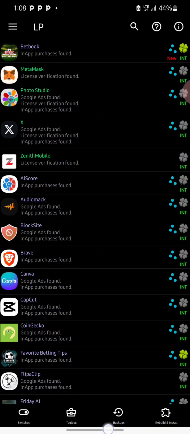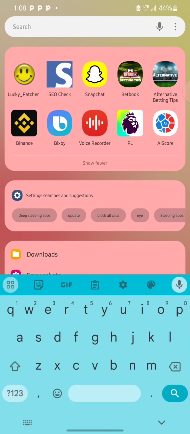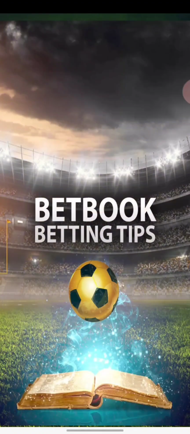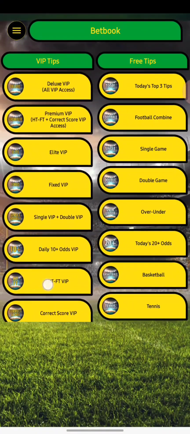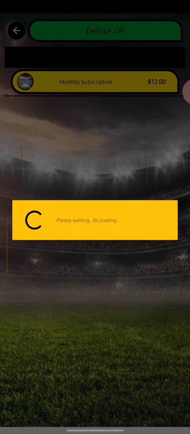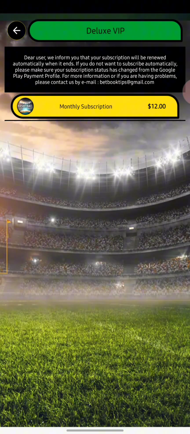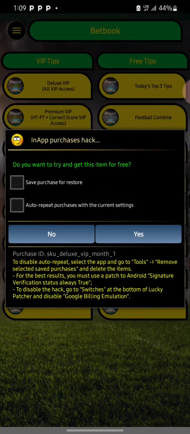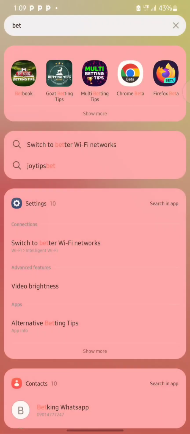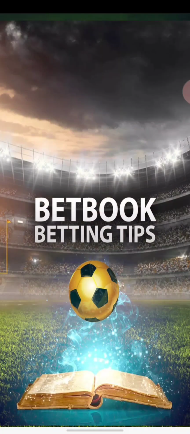So now click OK, then go back to your phone menu and search for the app which is Bet Book used in this tutorial. So now here is our app. Here are the subscription plans. So now let's start from the first VIP plan right here. So as you can see, here is the subscription payment being requested for, and now select it and then click on yes. You bought the deluxe VIP. Now you can access the elite VIP. Congratulations. So now close the app and then open it again,